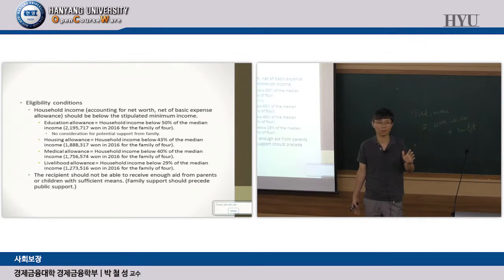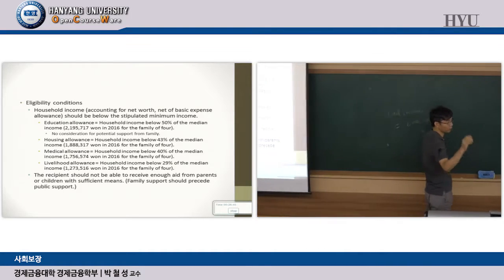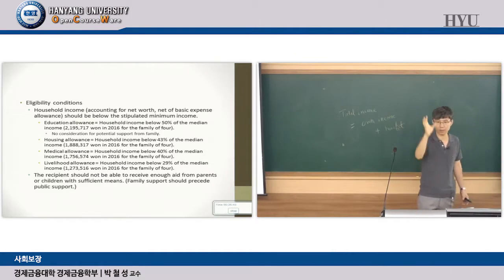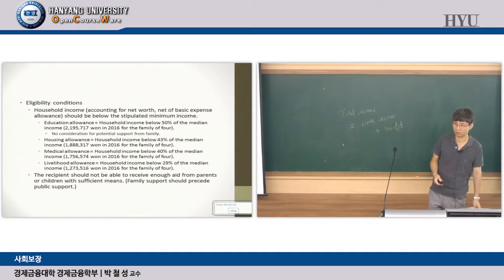Some people want the minimum cost of living to go higher, some want it lower. So, to avoid that controversy, one way of doing it is they changed it to median household income. If you have reliable statistics of household income in Korea, you can calculate the median household income from the survey, for example. Korea conducts that kind of survey every year, so they can calculate it.